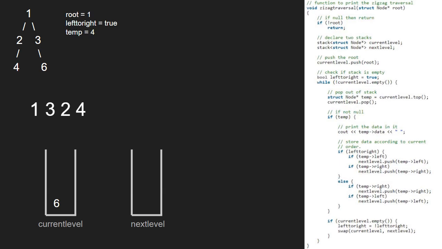As current level stack is not empty, we omit the last if condition and continue with the while loop. So temp will point to 6 and 6 will be popped. Since temp is not null, we print temp's data. So 6 will be printed. As left to right is true, but 6 is a leaf node, so nothing is pushed into the stack. Also, as current level stack is empty, we set left to right to false and swap current level stack with next level. Now, as current level stack is empty, we break out of the while loop and we have the